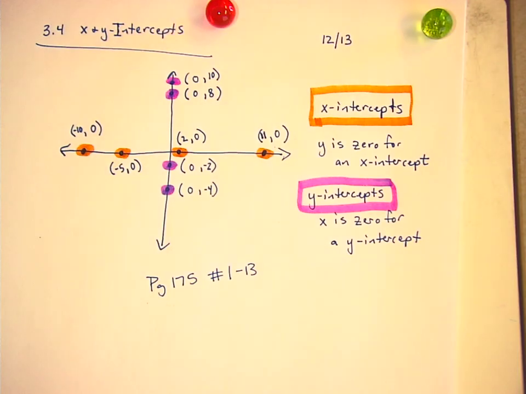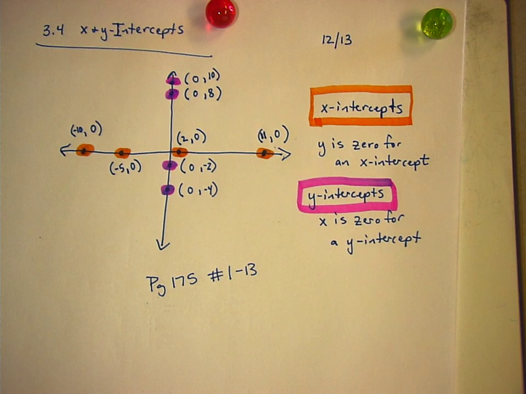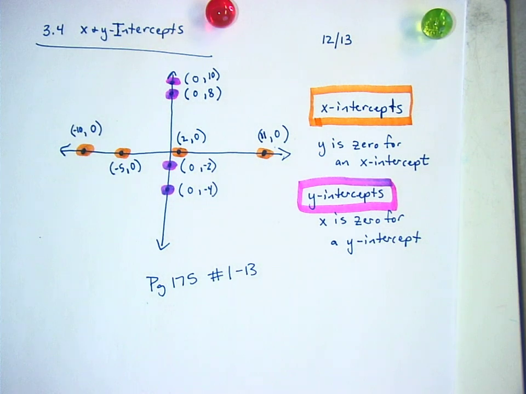Wait, so you could put 0, 0, or we can just say none? No, you would not say 0, 0 because 0, 0 is a point. You would just say the word none. You don't want to use the number 0. Okay. All right. So you are welcome to work on that tonight, but you will have some time in class